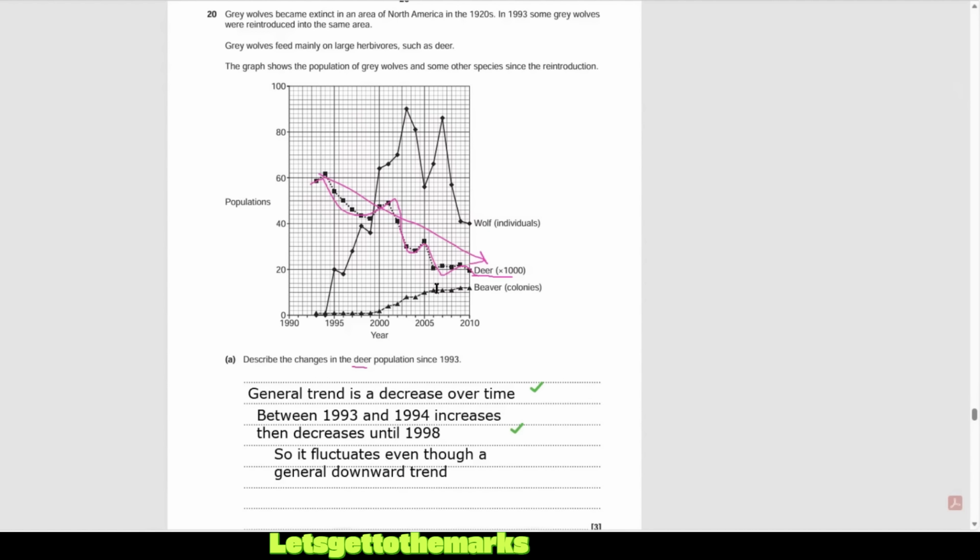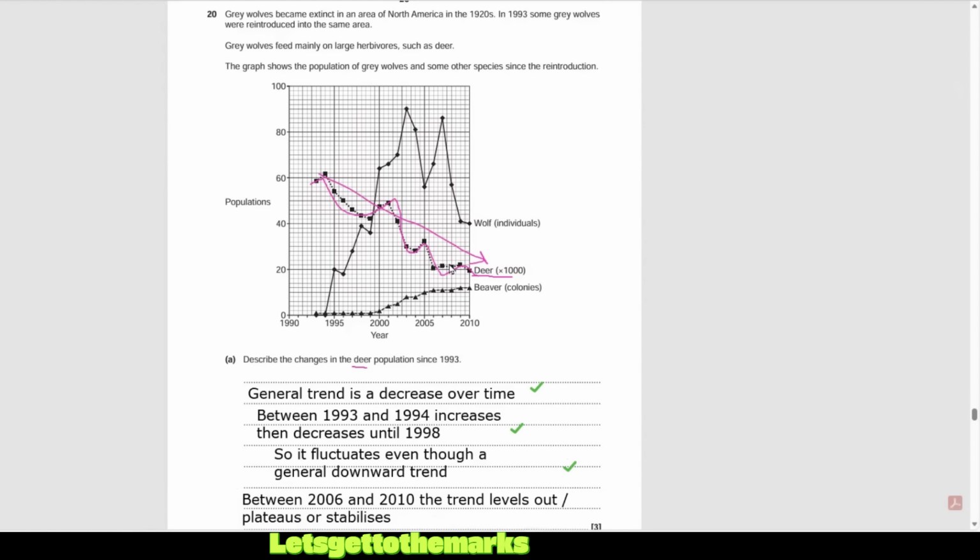And then here you can see at the end, what's this, 2006, because each of these two little squares equals 1 year. So 2006 to 2010, I would say there are very little changes in the population, or it plateaus or levels out. So between 2006 and 2010, the trend levels out. You could use the word plateaus or stabilizes, whatever. We can see that as well. And we're giving the dates and the facts and figures. And there we go. That's going to get you the 3 marks.